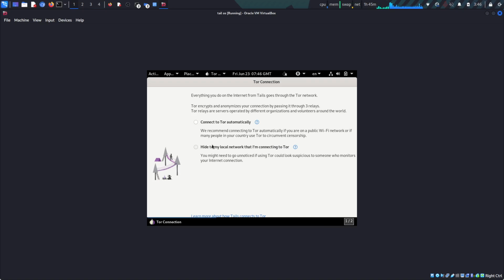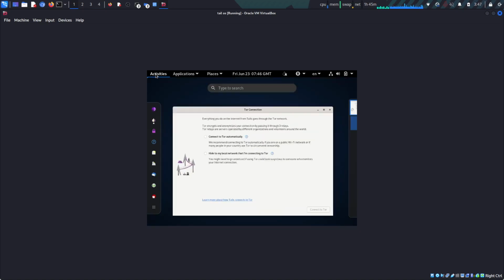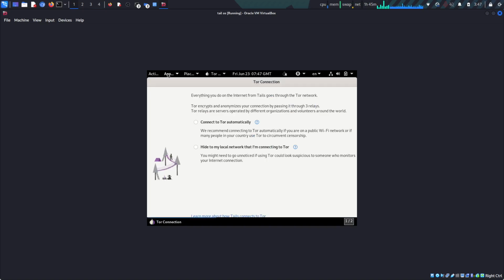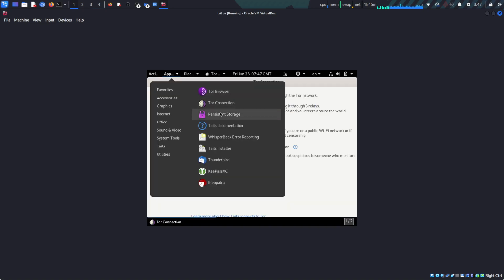If you want to use only the Tor services inside the Tor browser, then you need to check this option. And if you want to connect your complete system through Tor, then you need to check this option. So if you click on Activities, Applications, these services are available in your system: Tor browser, Tor connection, persistent storage, Tails documentation, Tails installer, and some other options like